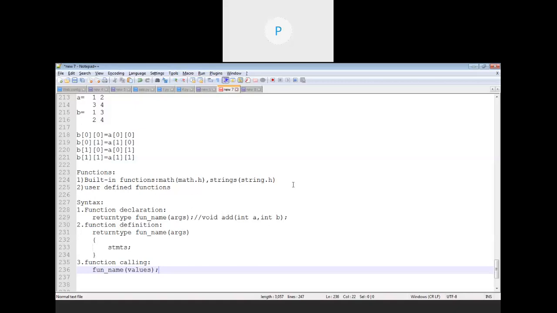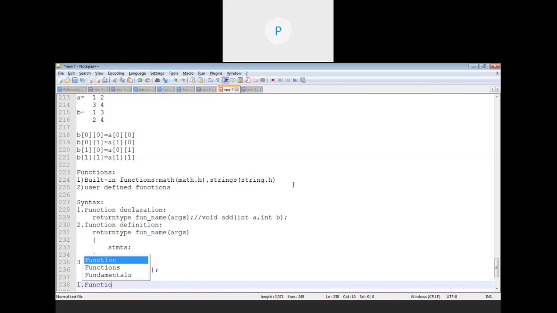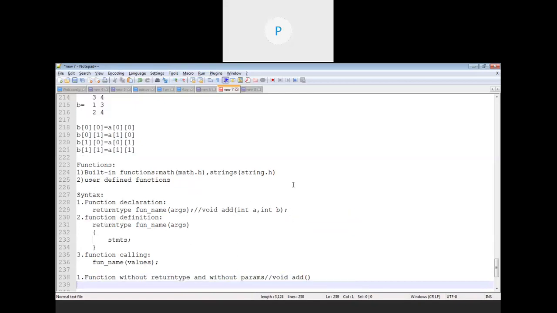Now whenever we are creating a user defined function, there are four different ways to declare them on the basis of their return type and the arguments. The first way is we can create a function without return type and without arguments, or you can say parameters, like void add with empty parenthesis.